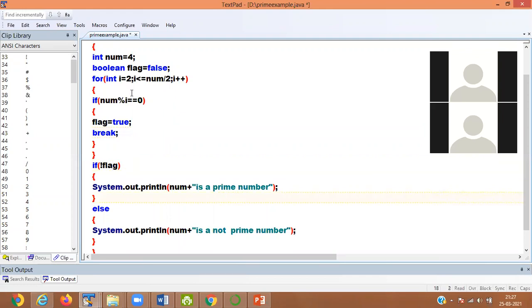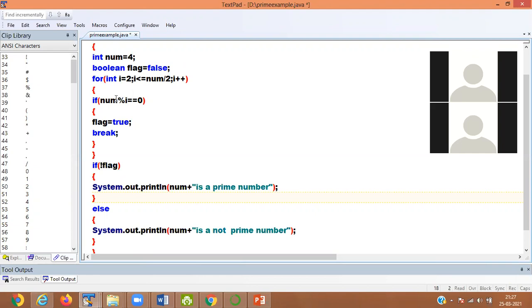So in case of 4, what happened? If I pass 4, what happens? First of all, i equals to 2. So let's take here i is equal to 2. 2 less than 4 by 2. 4 by 2 is 2. So 2 is less than 2, no? 2 is equal to 2, yes. The condition is true.